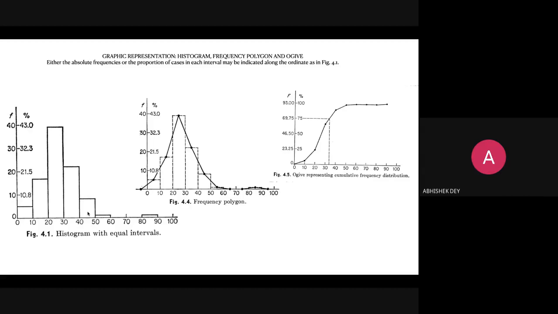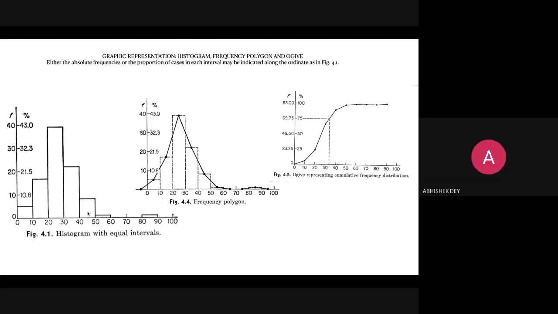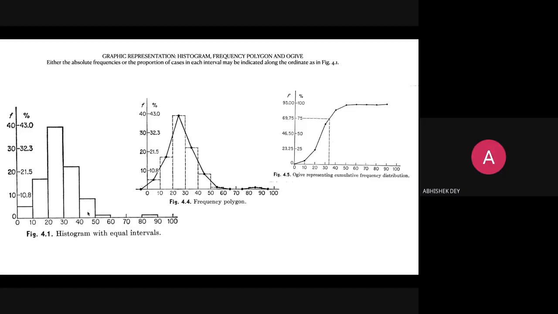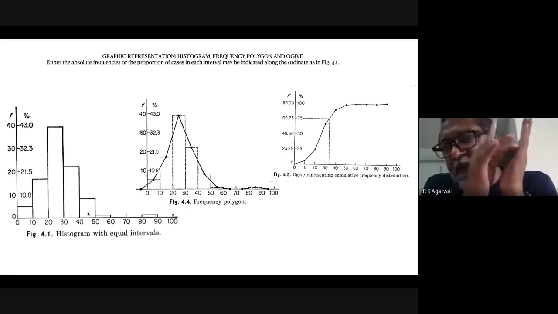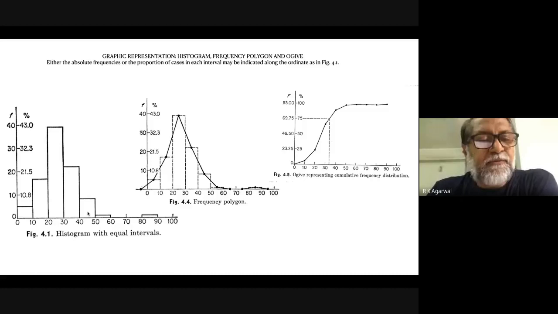Sir, can I just clarify one small thing? In frequency array, we are including the boundary, and in frequency distribution, we are not including the boundaries. Is that so, sir? When you have classes like 10 to 20, 20 to 30, then the upper limit is not included in that class. Because actually it is 10 but under 20, and 20 will be included in the next class. That is 20 but under 30. Okay, sir. Fine. So now we have to construct a histogram.